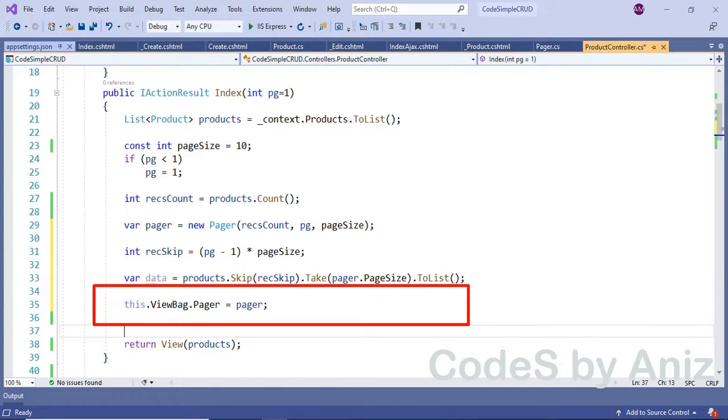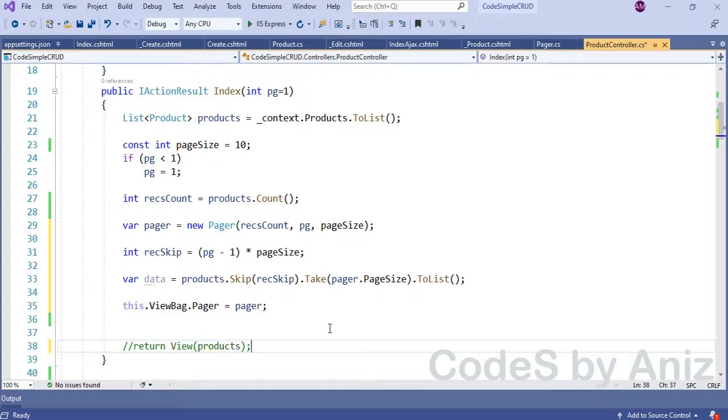Now we need to pass this pager to the view. In MVC, to pass data from controller to view, we use the model. The main data will be passed through the model. But what if we want to pass some additional information? Yes, there are multiple ways to achieve this. One of the ways is to use a ViewBag. In ViewBag, you can add any objects in the controller and can get it in the cshtml view page. Here I use the ViewBag approach. I added the pager object to the ViewBag.